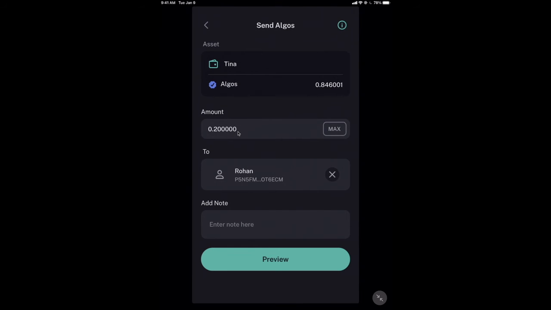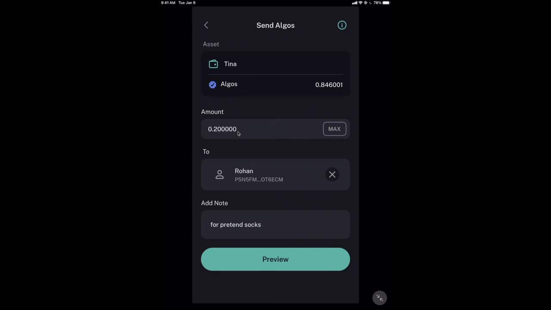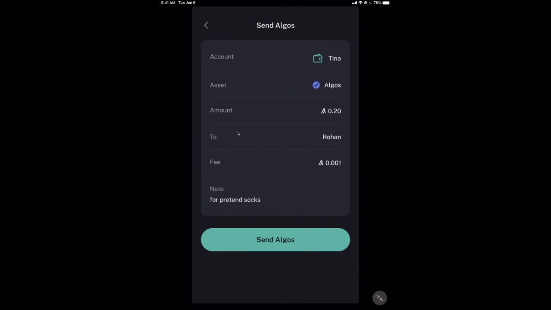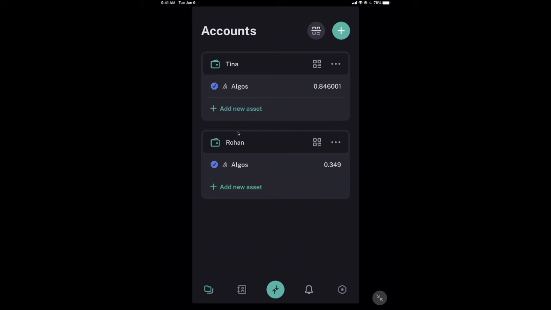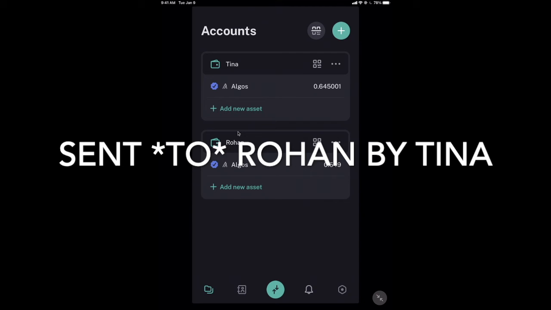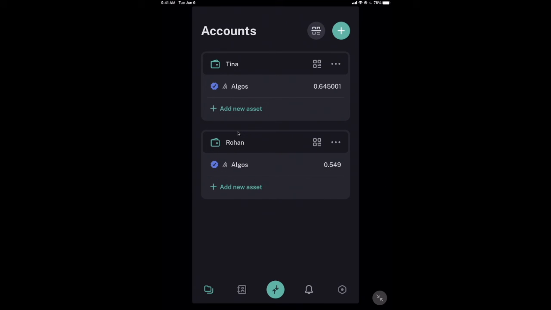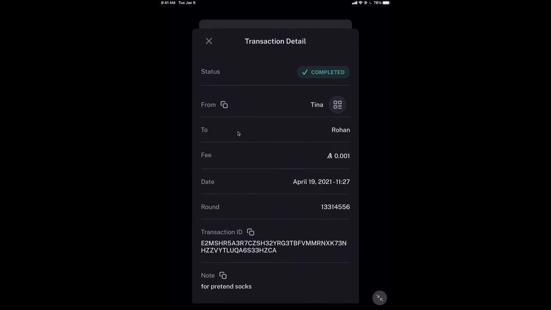And there's Rohan. And we add the note and we say, okay. And I preview this, and now I'm gonna send this. And now Rohan should be getting the algos within a few moments. And there they were, 0.20 algos were sent by Rohan to Tina. Okay, very nice, right? So we can come into here, we can see this transaction, and we can see the